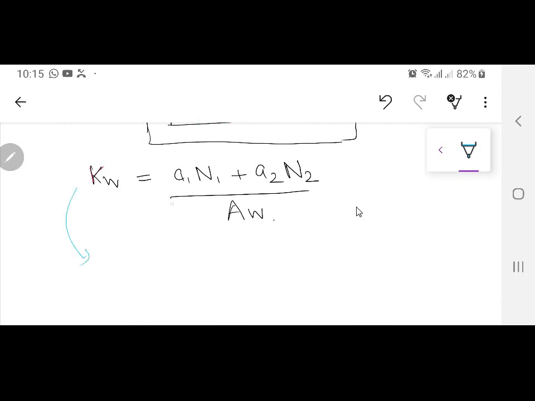And if you apply again that A1 is equal to I1 divided by delta 1 and all that facts over there, I'm not doing that one over here in front of you. So this comes out to be that kW is equal to 2I1 N1 divided by delta AW. Same thing, just like the single phase core type, nothing changed.